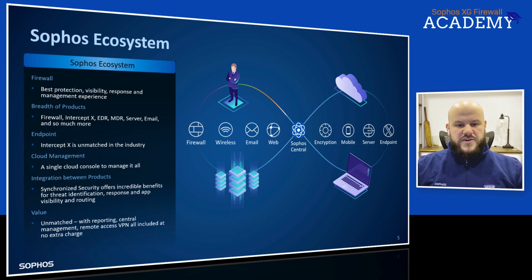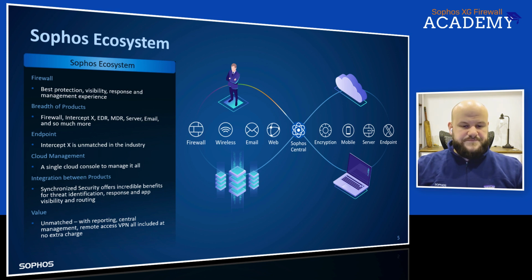And finally, the customer is going to look closer at the value they are getting. Is the price reasonable? Do you get good value for your money? We offer excellent value, great price performance, great features, and lots of essentials we include for free that others charge for. So I think you'll agree the Sophos ecosystem is one of the key reasons that we win, and for